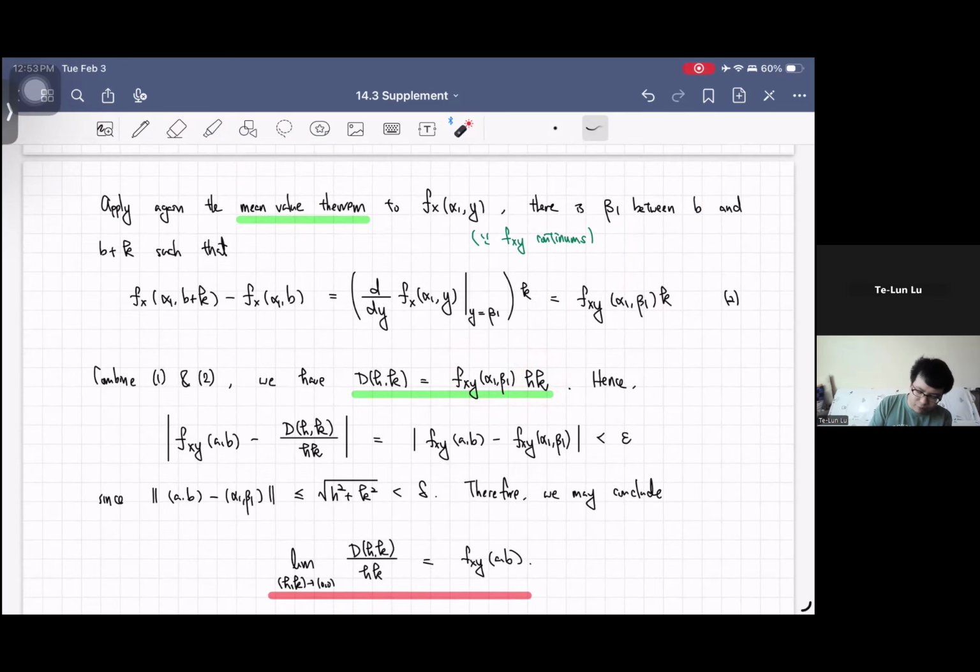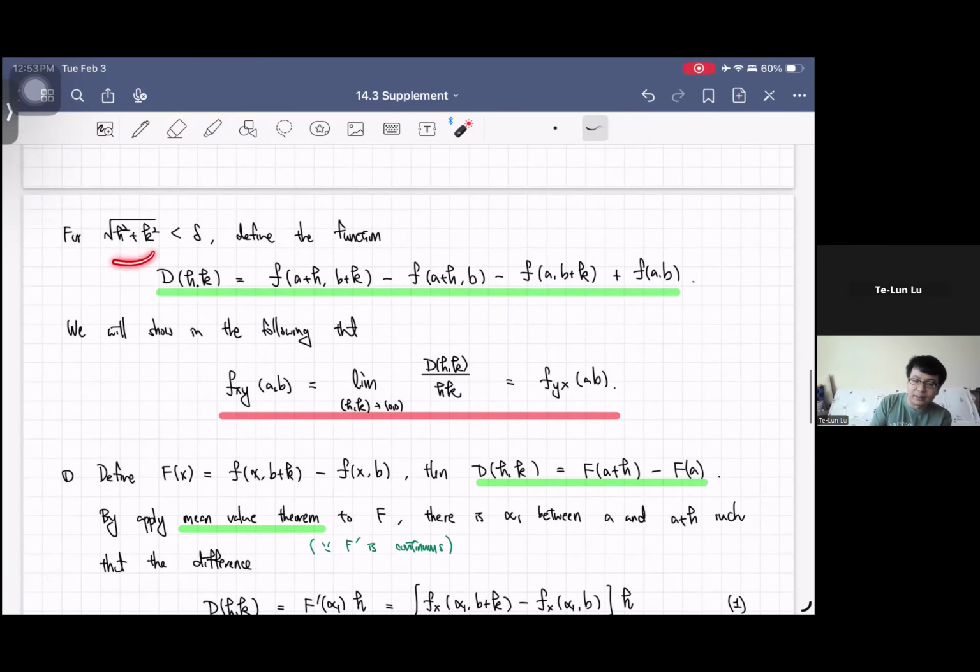So we see that if we want to subtract the distance between these two, then d_hk is simply f_xy(alpha 1, beta 1). So you get this, f_xy(alpha 1, beta 1). But this is always less than epsilon. Why is that? It is due to the fact that